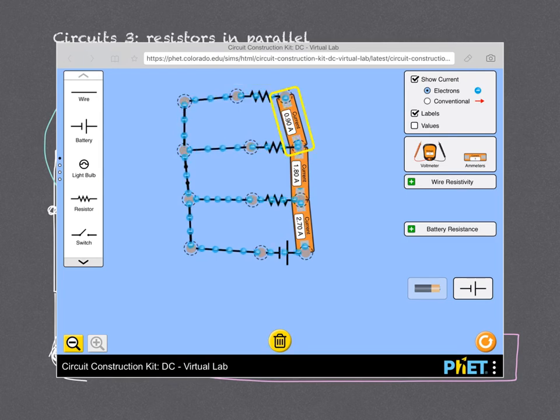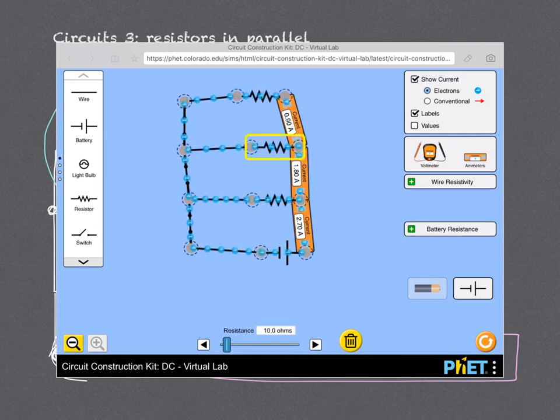I keep saying 0.98, don't I? 0.9. So 0.9 minus that gives you another 0.9 here. And so now you have 0.9 plus 0.9 gives you the 1.8. What's it going to be in that branch? Looks like it's going to be another 0.9. All right, so the current in each of the branches ended up being 0.9 because they all have the same